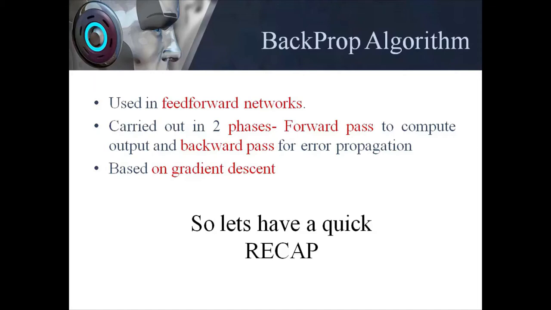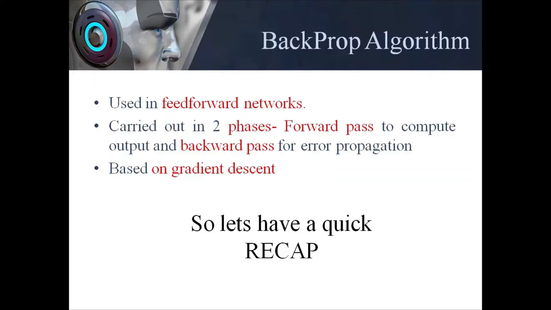Error is computed, and in the second phase, the backward pass, this error is traversed from the output towards the input layer units so as to adjust the weights such that this error is eventually reduced. So it is based on the gradient descent algorithm, and this is actually used in feed-forward networks with at least one hidden layer. Okay, so we can have any number of hidden layers, but at least one hidden layer is required for use